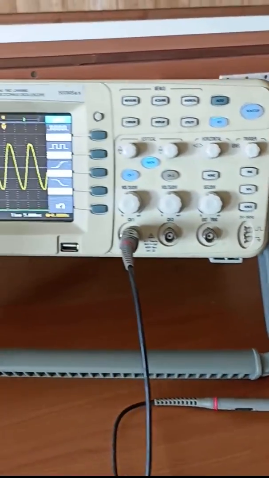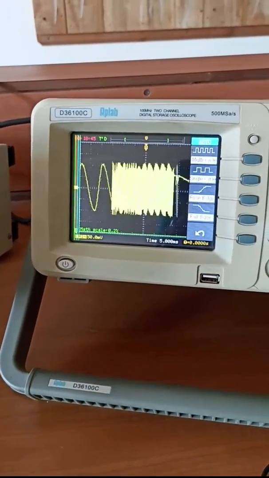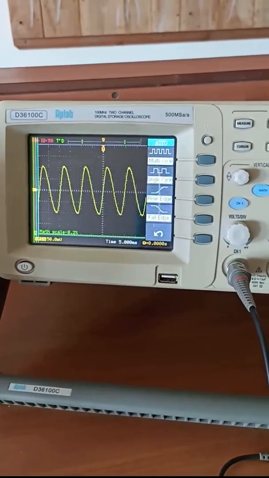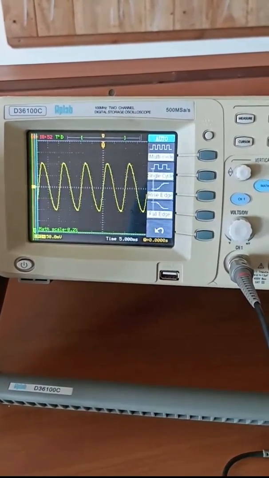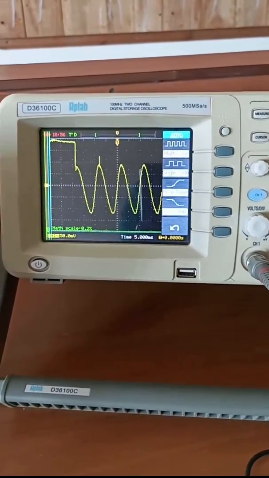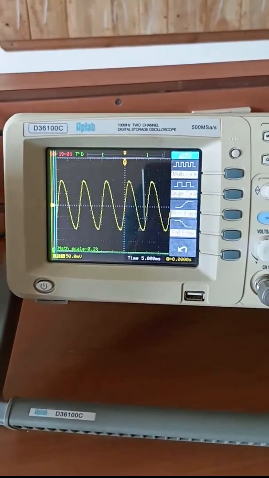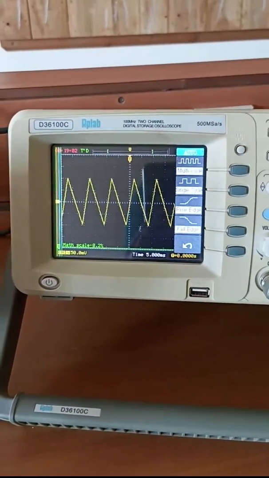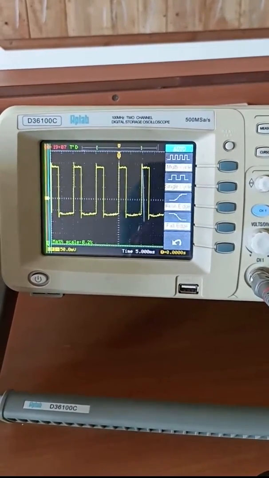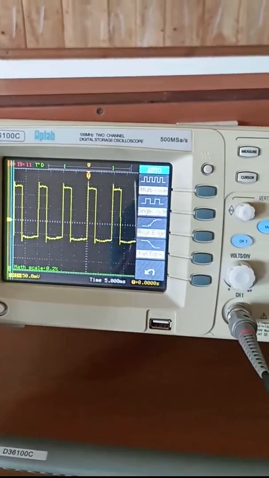If I change the frequency, our waveforms will change like this. This is a sinusoidal waveform. This is the triangular waveform. This is the square waveform. So we will get the waveforms on the oscilloscope.